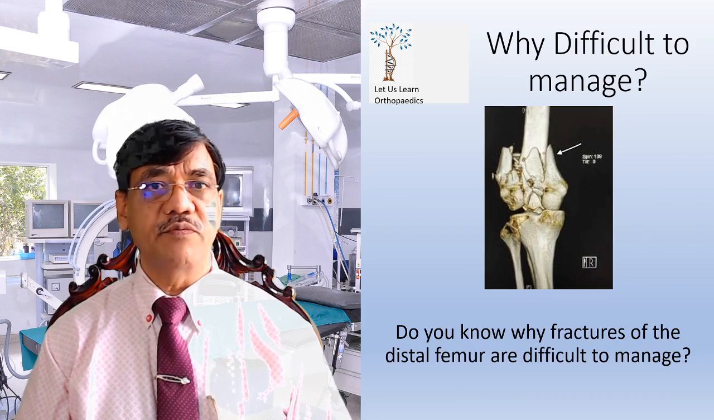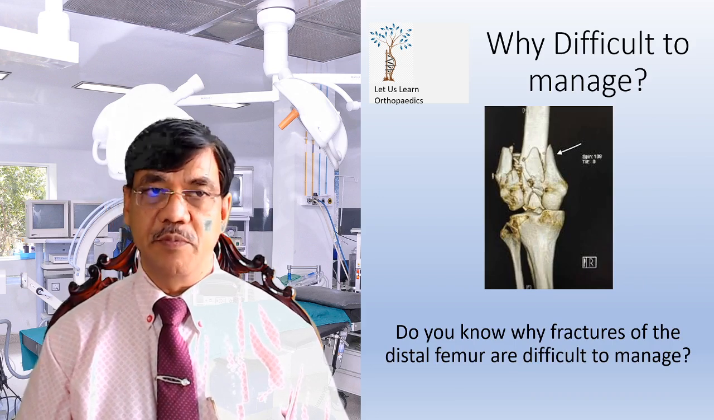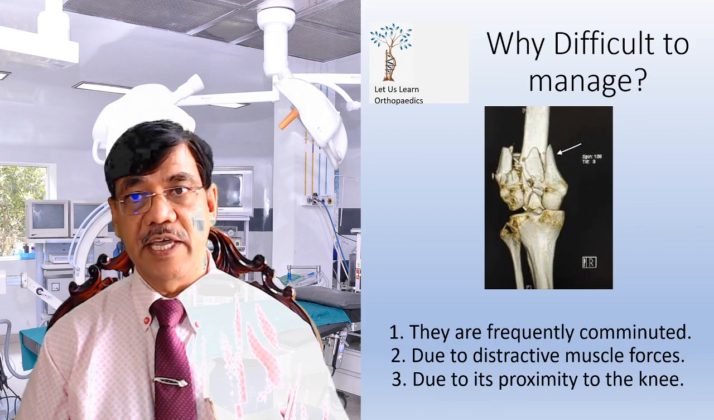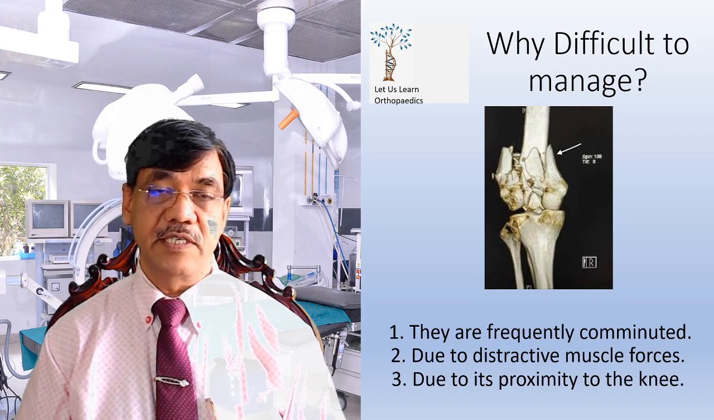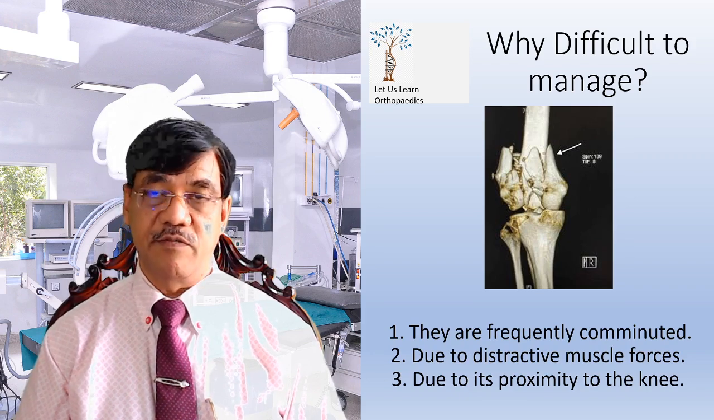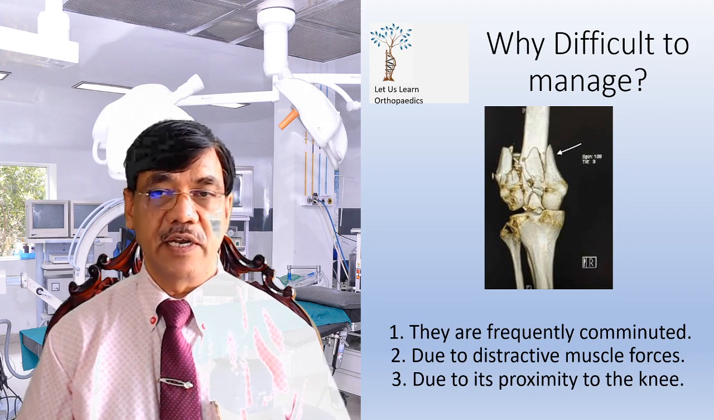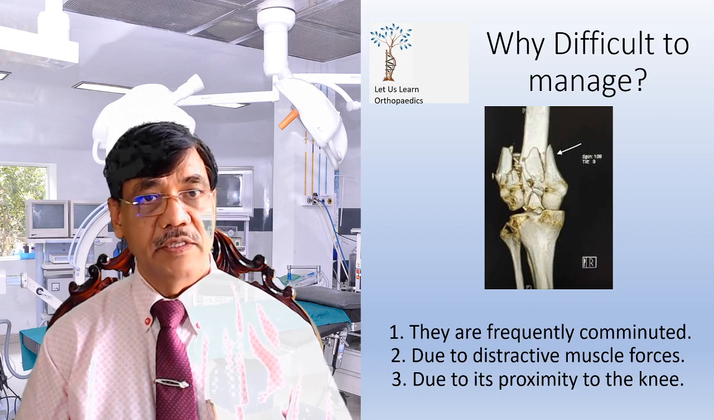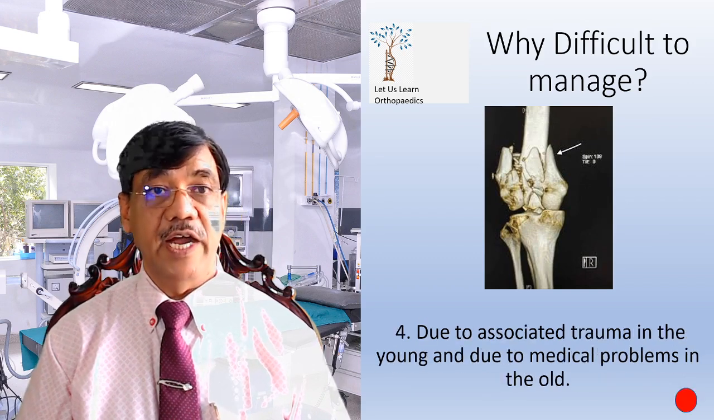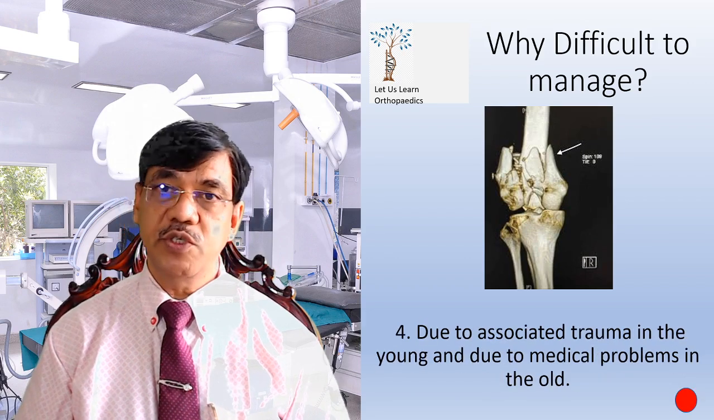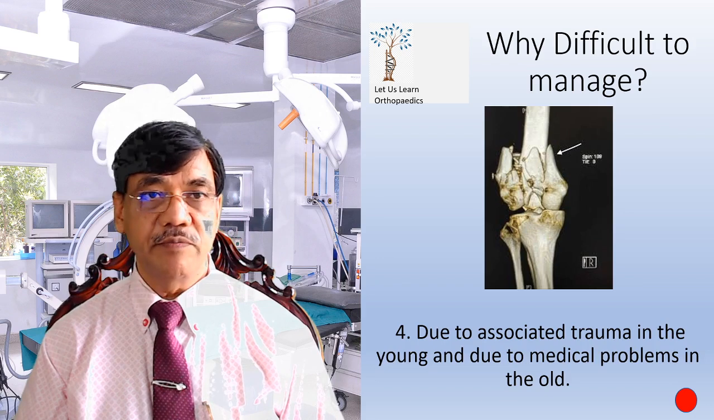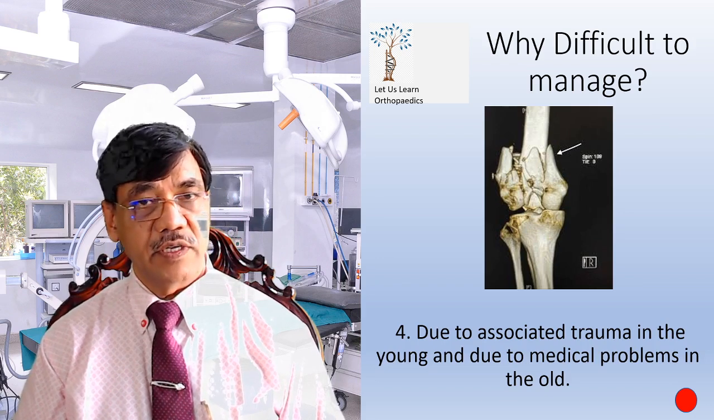Now do you know why the fractures of distal femur are difficult to manage? So there are 4 points. The first point is they are frequently comminuted, as you can see in this 3D reconstruction. And second, due to the distractive muscle forces, anteriorly the quadriceps and posteriorly the gastrocnemius muscle. Then third, due to the proximity to the knee joint, resulting in stiffness. And fourth, due to the associated trauma in young, because often it is a high velocity injury in youngs,